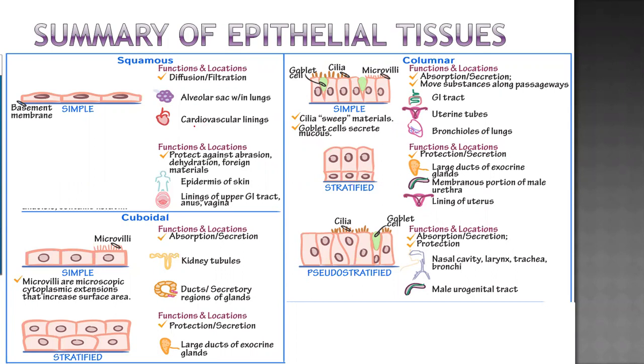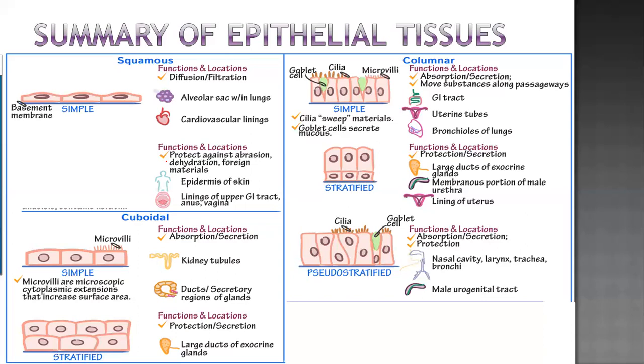Cardiovascular lining, like in your heart. So this is simple basement membrane, which forms the base of these types of organs. Its function is to protect against abrasion. Abrasion means any type of damage. Dehydration means water will not be lost from the body in the presence of squamous epithelium, as well as it is present in the epidermis of cells, and it is the covering of lining, anus and vagina, every part of the